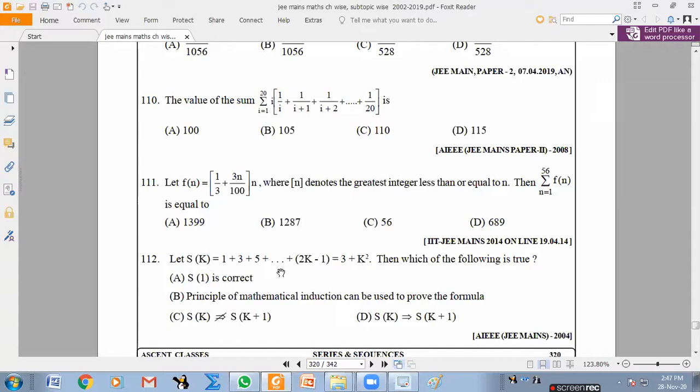You know, in mathematical induction, there are 2 parts. You have to prove the statement is true for n equal to 1, and then later on, if it is true for n equal to k, it is also true for n equal to k plus 1. Sometimes this will be correct, but this will not be correct. That is, if you assume that it is true for n equal to k, somehow we can prove that it is true for n equal to k plus 1 also. But that doesn't mean the statement is always true, because there is no initial case.